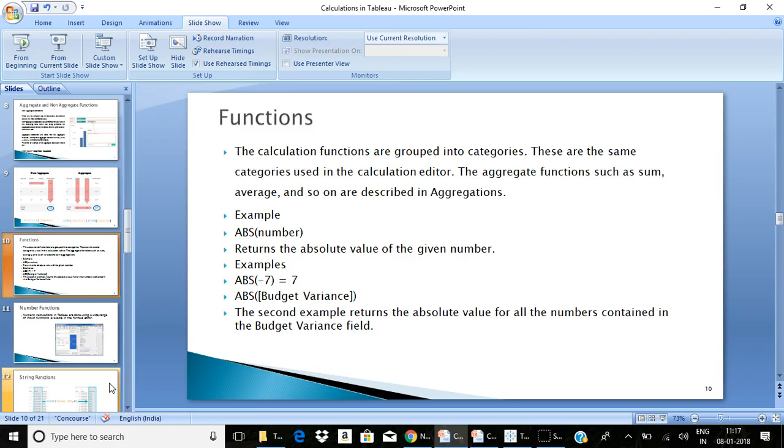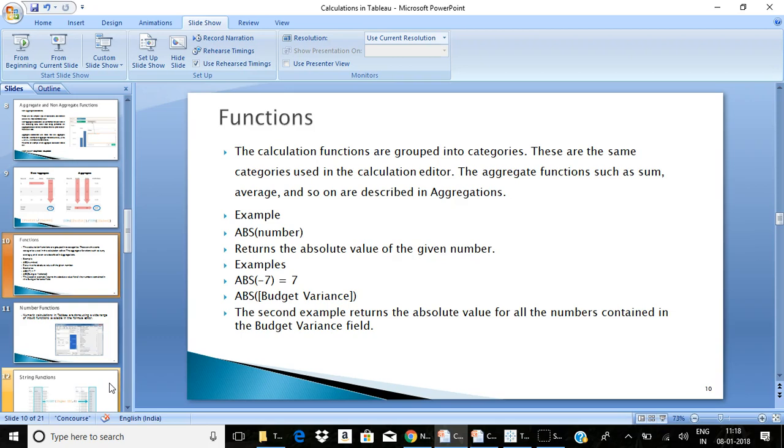As I said, there are numerous calculation functions available in Tableau. Calculation functions are grouped into categories. There are some categories that are used in your calculation editor: number functions, string functions, date functions, type conversions, logical functions, aggregate functions, table calculations, and user functions.